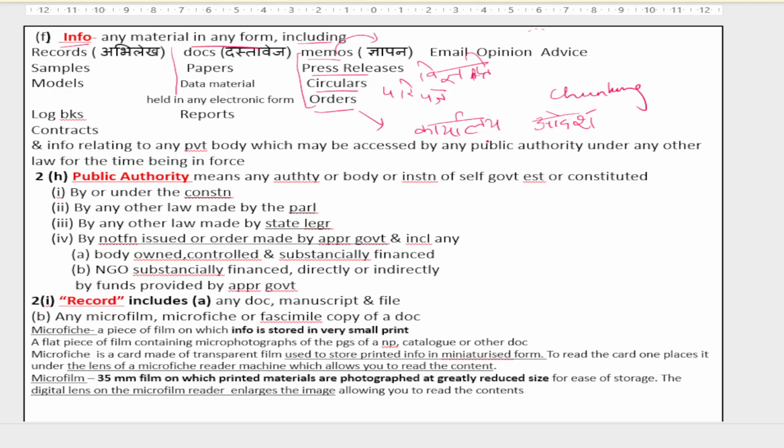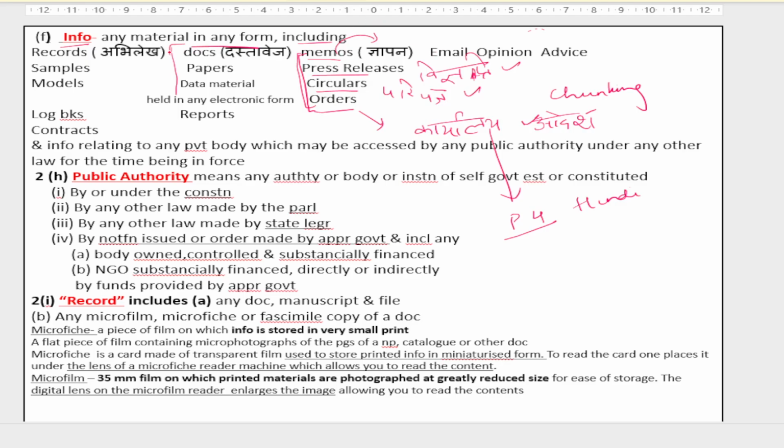Now many viewers of this video will be RS aspirants because the RTI Act is included in the RS main syllabus. So we know that in paper 4 of the RS main syllabus, which includes Hindi, Gyapan, Vigyapti, Paripatra and Karyalaya Adesh are included in our syllabus for Hindi. So we can use this to memorize these names: memos, press releases, circulars and orders. Gyapan, Vigyapti, Paripatra and Karyalaya Adesh.